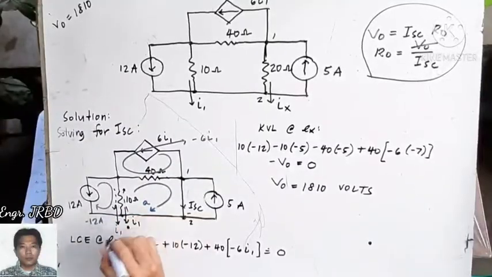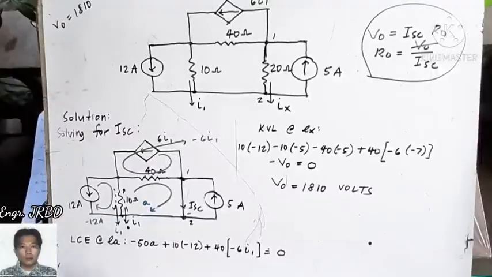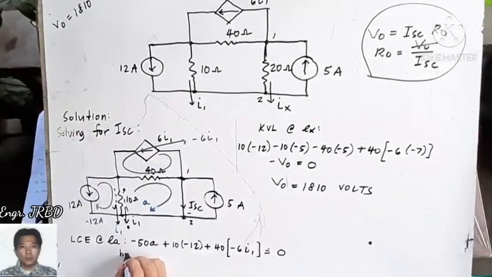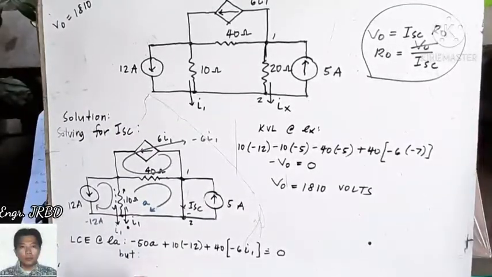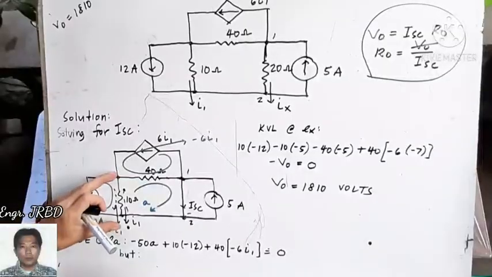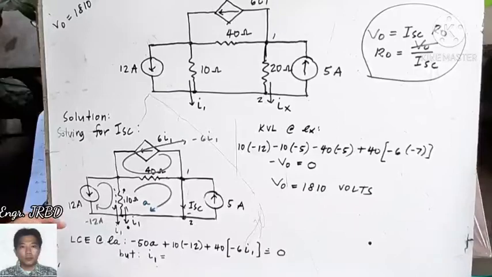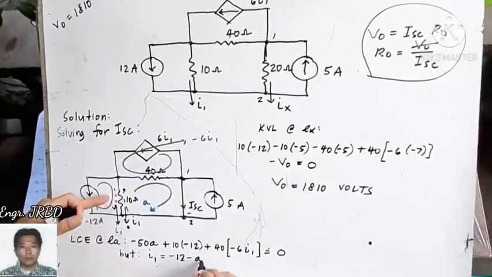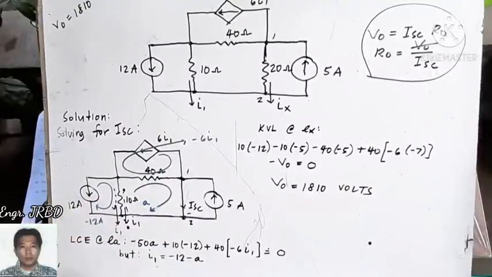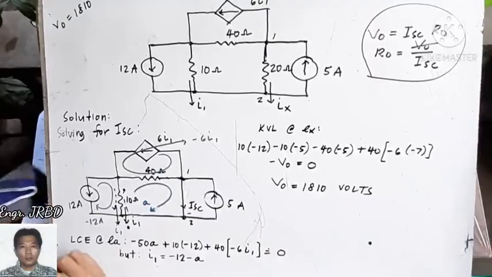You need to express your I1 in terms of the other circulating currents. What is the relationship you can derive out of this? Your I1 now is the difference between two circulating currents, namely negative 12 and A. Correct? So if we try to substitute that value,